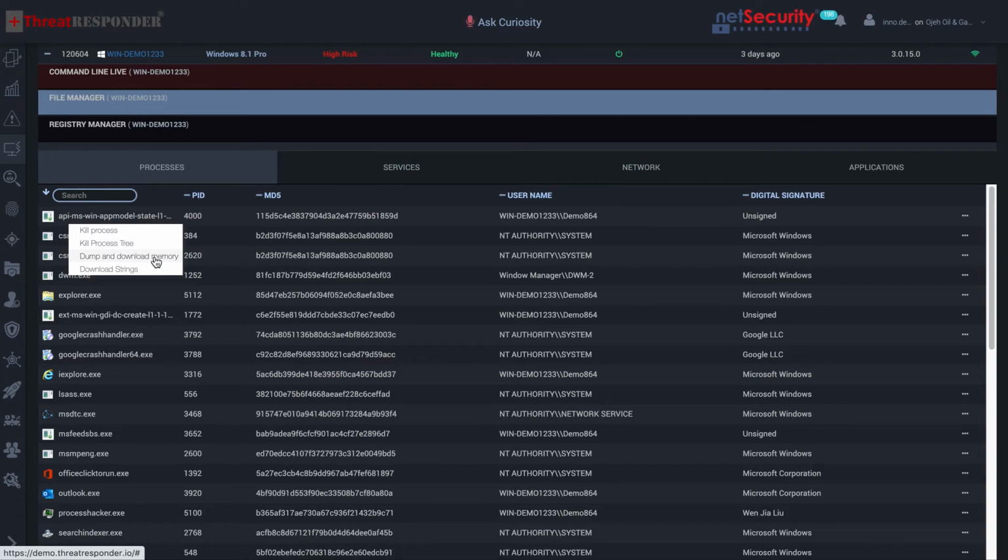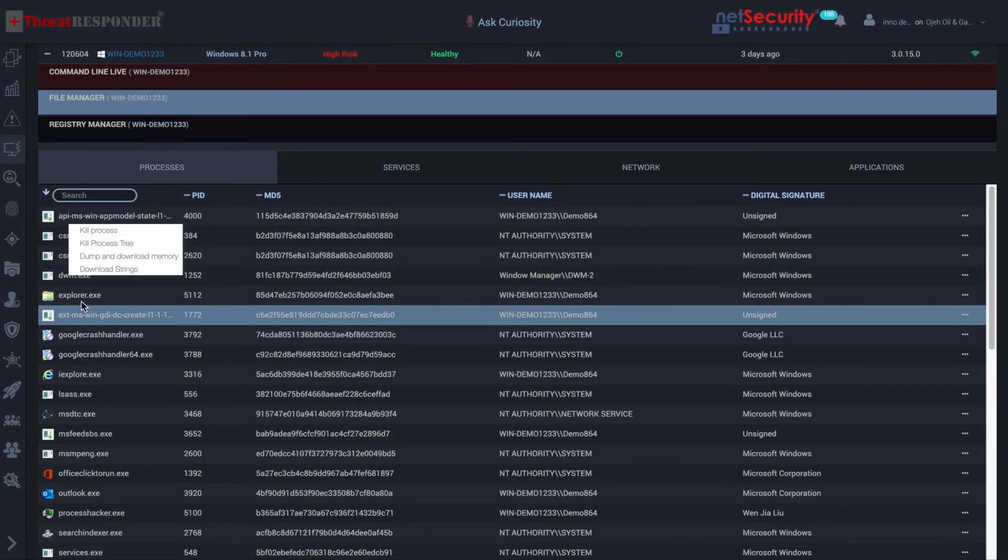Another thing you can do on a process is to download the strings. So these are the printable characters of a particular process. For example, if a process is packed, when it runs in memory, it's actually unpacked. So when you download strings, you get all the printable characters that you ordinarily would not see when you do a static analysis without running the code. And then another capability of